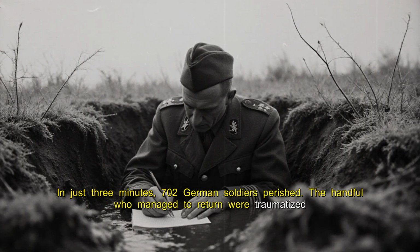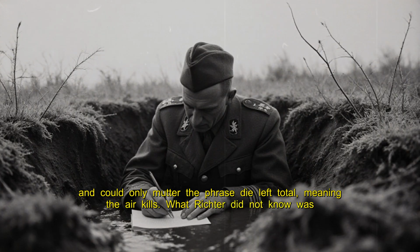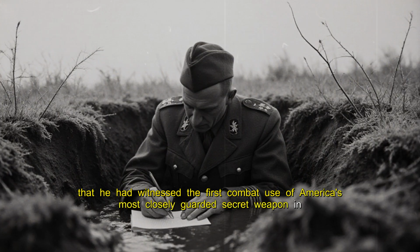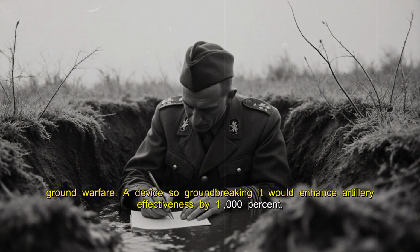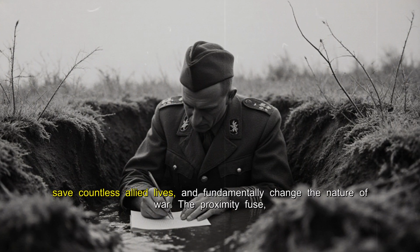The handful who managed to return were traumatized and could only mutter the phrase "Die Luft total," meaning the air kills. What Richter did not know was that he had witnessed the first combat use of America's most closely guarded secret weapon in ground warfare. A device so groundbreaking it would enhance artillery effectiveness by 1,000%, save countless Allied lives, and fundamentally change the nature